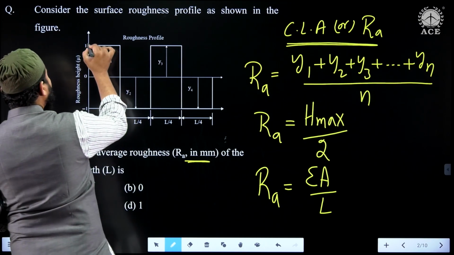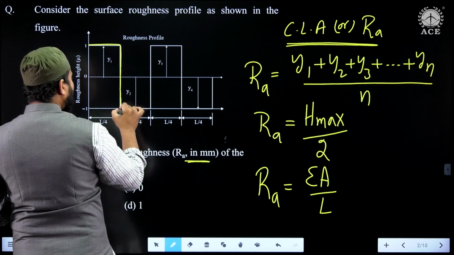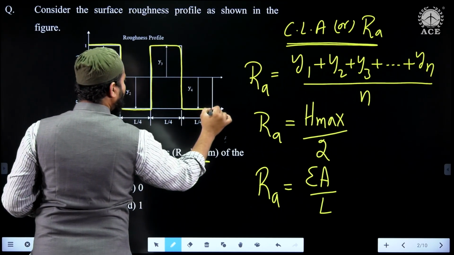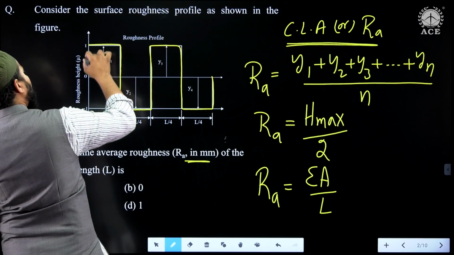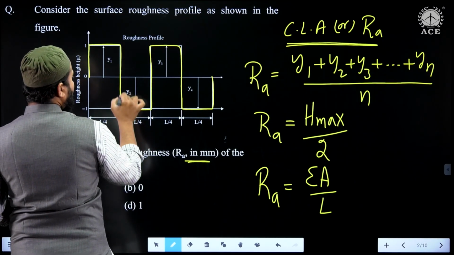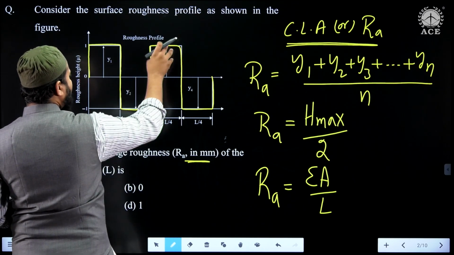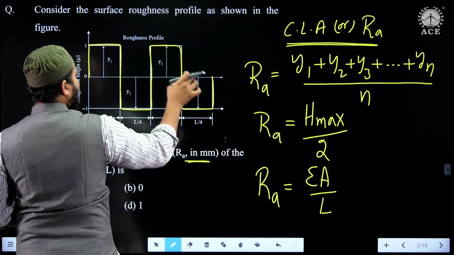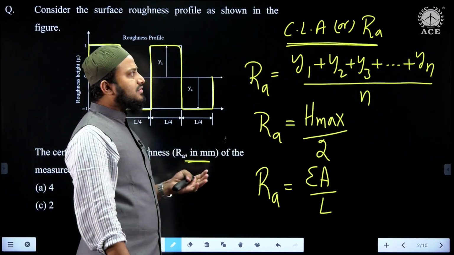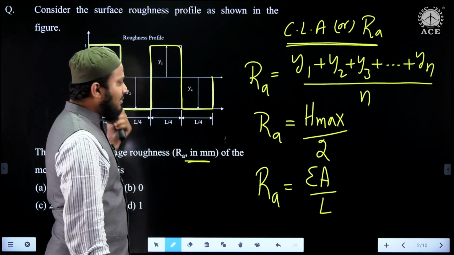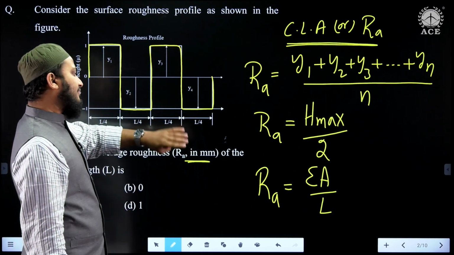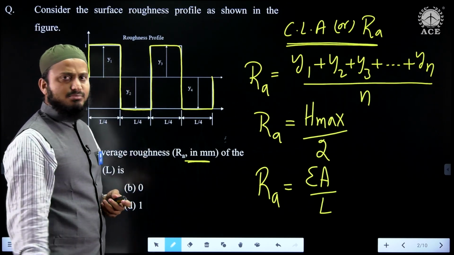So if you notice here, this is what the texture is. So the area of this particular rectangle, and after that along Y2 this rectangle, and along Y3 this rectangle, and this one, all 4 are the same. So if you use any one of these 3 formulas, then we are able to get the same answer, because even if you notice the framing of the question, whichever of these 3 formulas you use, you are going to get a similar answer.